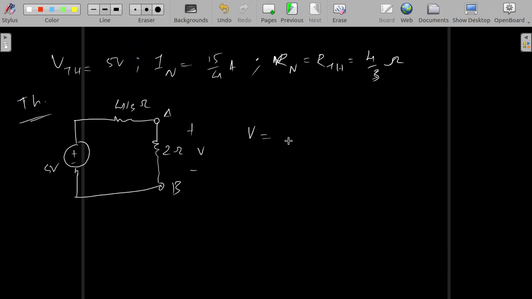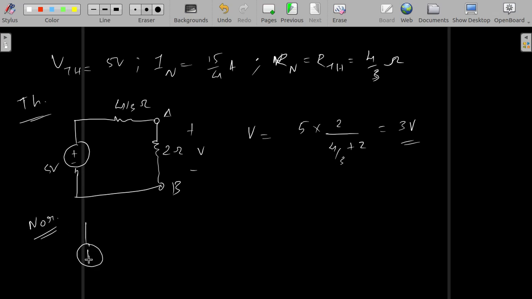So V is equal to what? 5 into 2 by 4 by 3 plus 2, right? A voltage division. Which will come to 6 plus 4, 10 by 2, it will come really 3 volt. Okay, now let's try Norton's